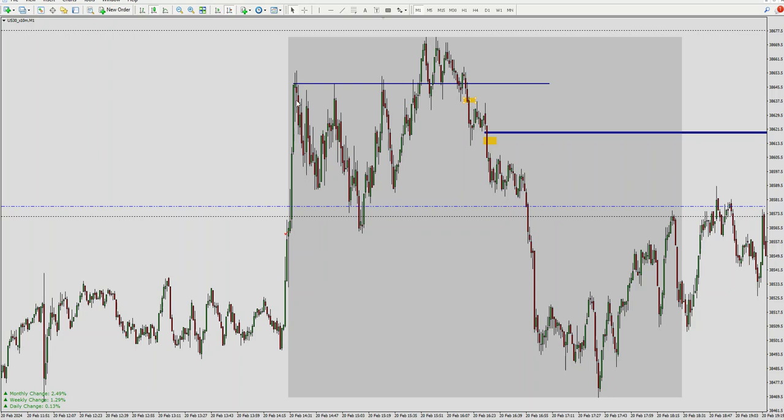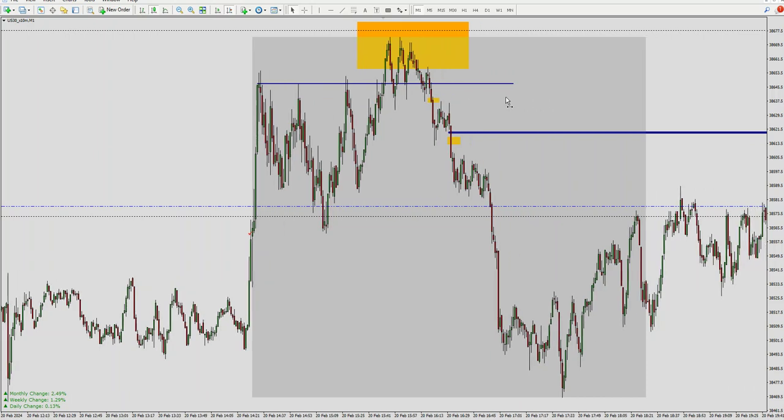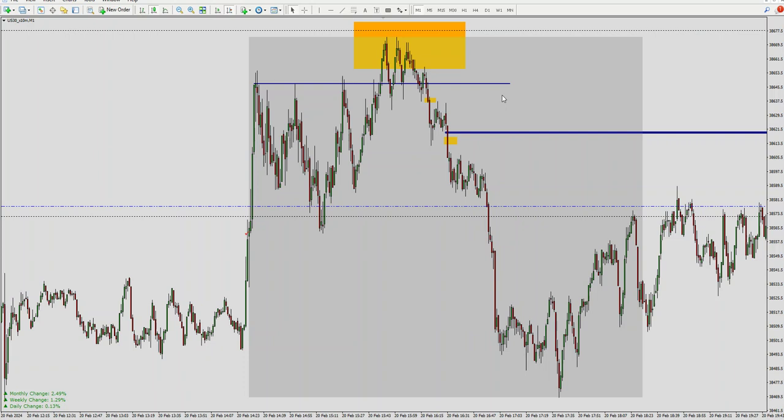Once they made a high, they broke out of it, and everybody whose entry got fulfilled here, everybody who bought here, was relying on hope. And I told you, I want to see those relying on hope. When I see people relying on hope, already I know that it's going to be a good entry for me. Why? Because the market wants to trap you in a place where you are now relying on hope, and then they are going to punish you.